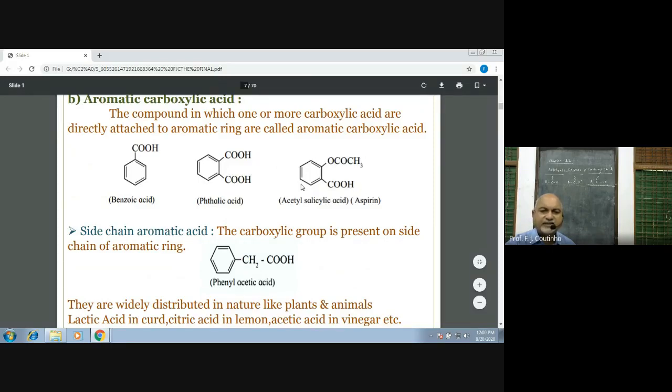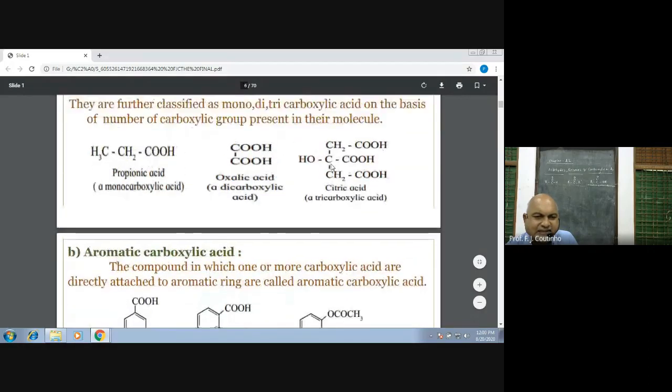There is little blockage, and that's why, in order to make the blood thin, this medicine is given, and its name is aspirin. It is also known as acetyl salicylic acid. Now here if you see, an acetyl group is there, CH3 C double bond O. And if you remove this benzene ring and just concentrate on this, CH3 C double bond O H, it is something like this, that is acetic acid, which is here.